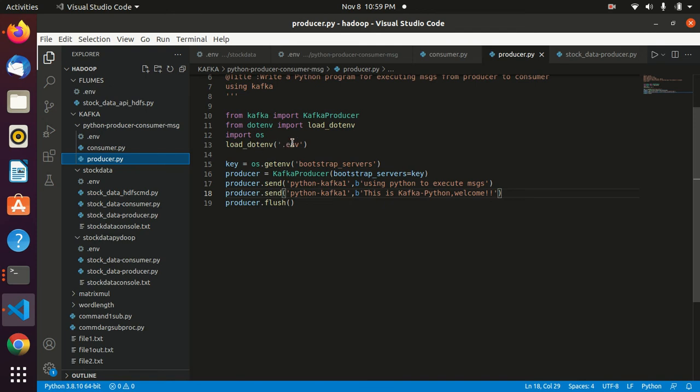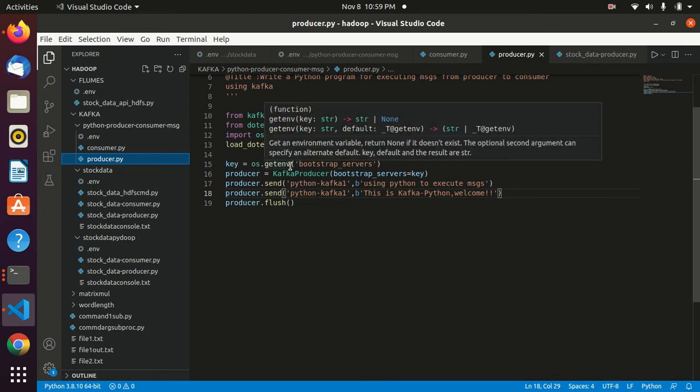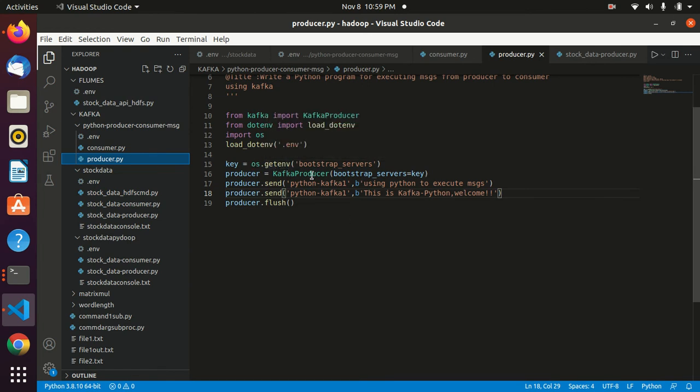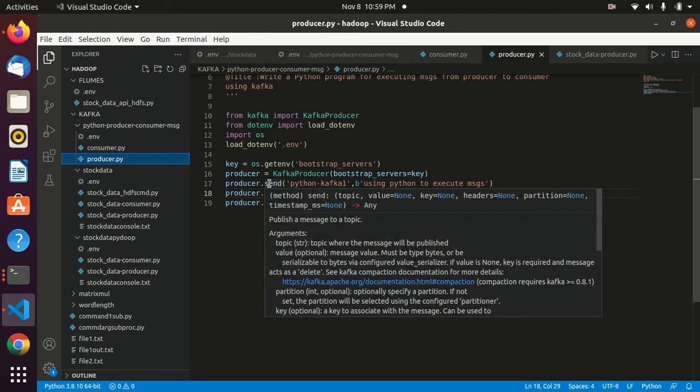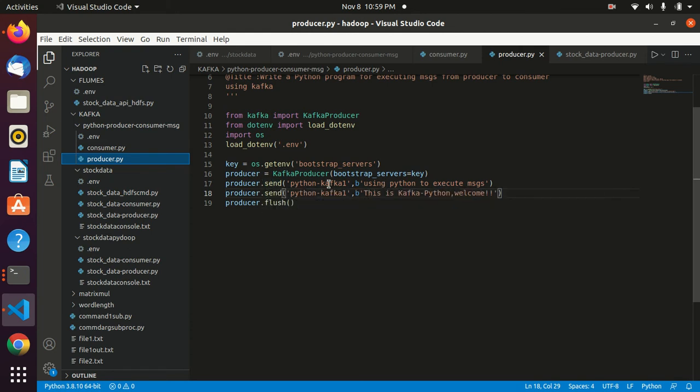We will load that and get the data, using os.getenv. Next, in the producer we are taking the bootstrap servers, that is our localhost, and then we use producer.send to our topic, python-kafka1 will be our topic, and we are sending messages. These are our messages and we are just flushing.